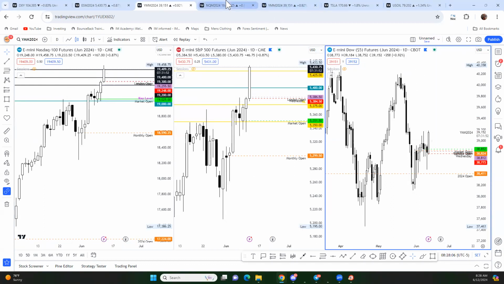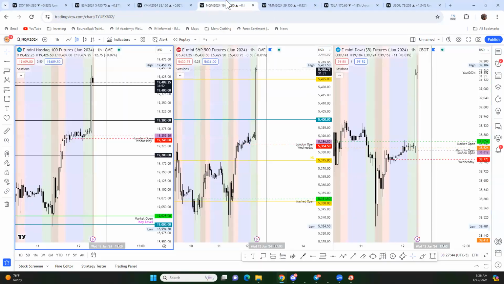We got about 2 minutes. Looking at intraday 4 hour here. Like I said, we're just super extended. So if I'm going to take a trade back down to somewhere, it's going to be whole levels or points of interest. So looking at all three across the 1 hour here really quickly.